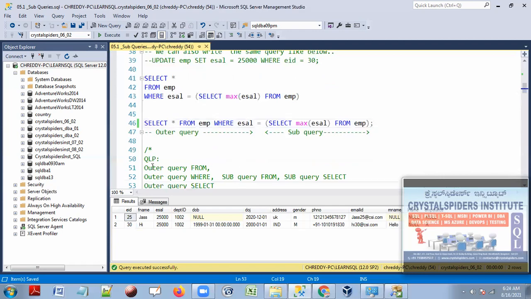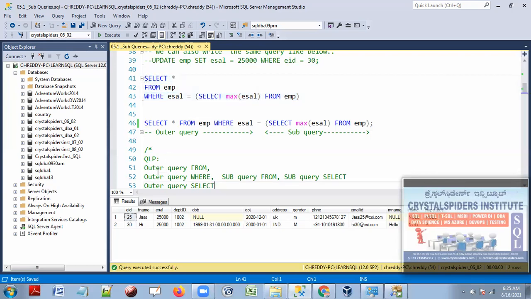Okay, so now here first, which one will start, guys? Just assume this is all together one query. This subquery is part of the where clause. This subquery will execute during execution of this where clause. So which one will process first? First this outer query from clause, and then outer query where clause. As part of the outer query where clause, again subquery from clause and subquery select clause will process. Once this where clause is completely done, then this outer query select clause will start again.